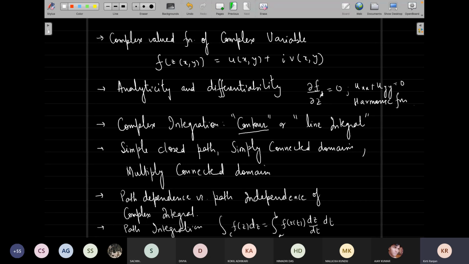Since we are talking about a path lying in the complex plane, we start talking about contours. That means the function should at least be piecewise continuous on the path of integration. This is very similar to what we define as the line integral. It is just that the complex or contour integration is the complex sum of the line integrals.